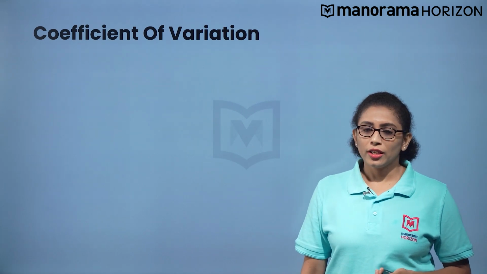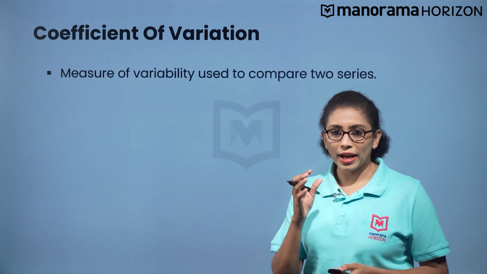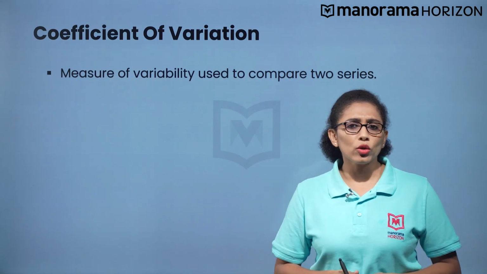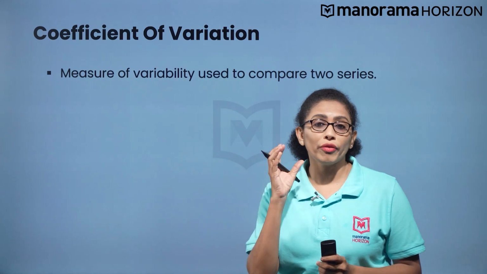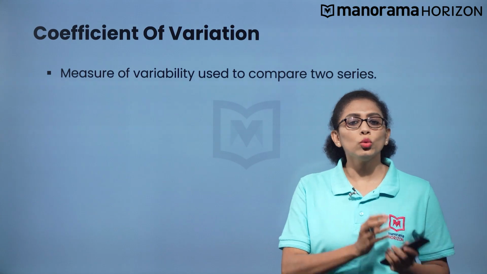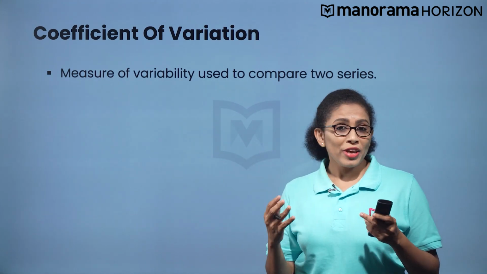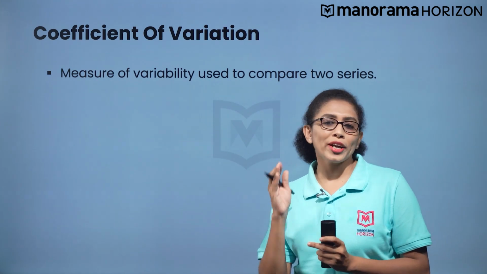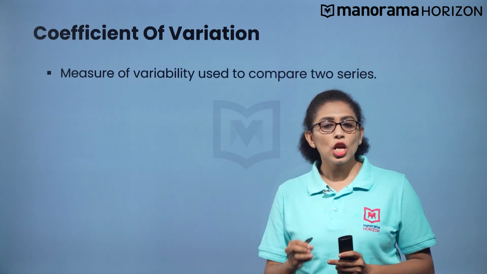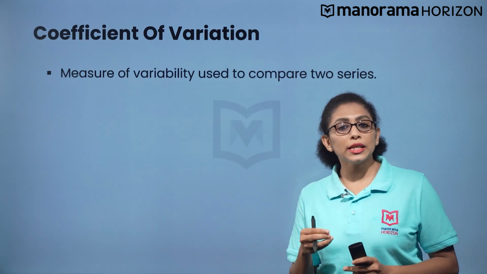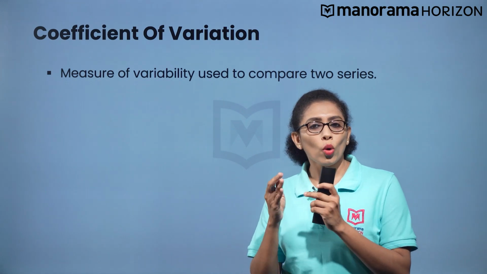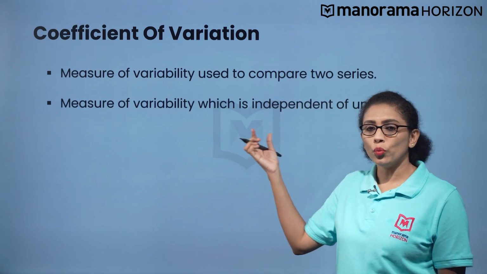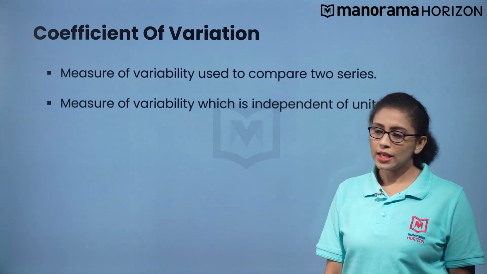Coefficient of variation is a measure of variability which is used to compare two series. More clearly, it is used to compare the degree of variation from one dataset value to the other dataset value. When we have two series with the same mean but they are measured in different units, there also one can use the coefficient of variation because coefficient of variation is independent of the units. Therefore, one can define coefficient of variation as the measure of variability which is independent of units and is denoted